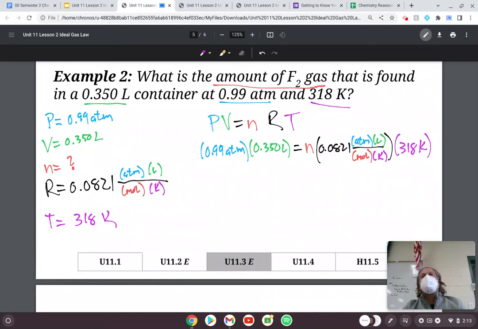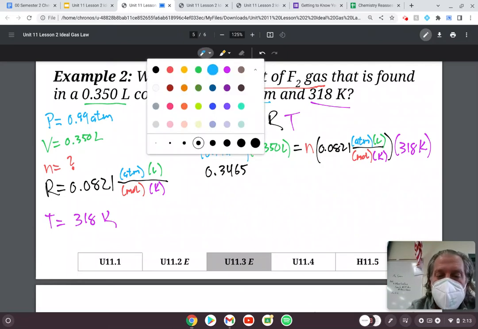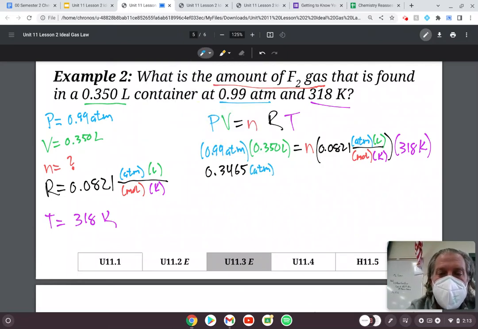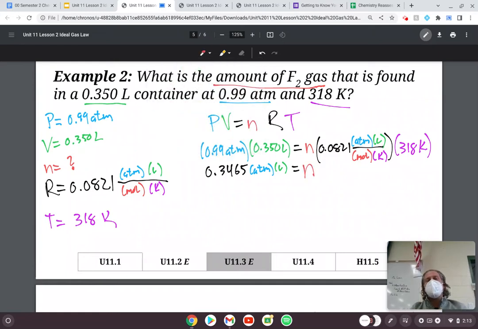I'm going to combine the things I can combine. So on the left-hand side of the equal sign, I'm going to take 0.99 times 0.350. And I'm going to get something in the ballpark of 0.3465. Now my unit here is going to be ATM liter. Okay. We're still solving for n, but I'm going to combine the 0.0821 and the 318 Kelvin, which will give me a value of